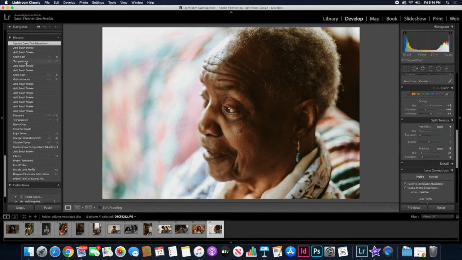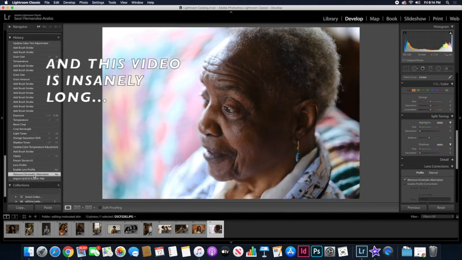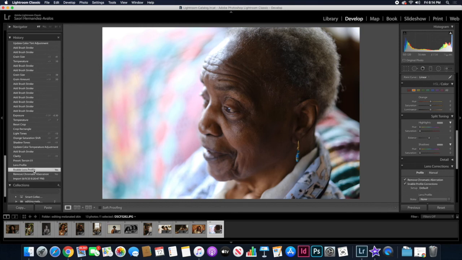This photo is going to also be a quick run through, just because I'm sure you know where to find all of these settings. I'm just going to walk you through what I did. This is upon import, remove chromatic aberration, the lens correction, and